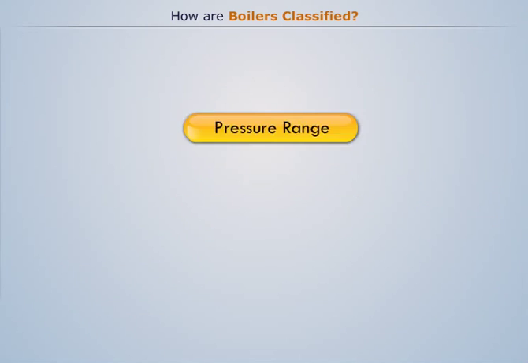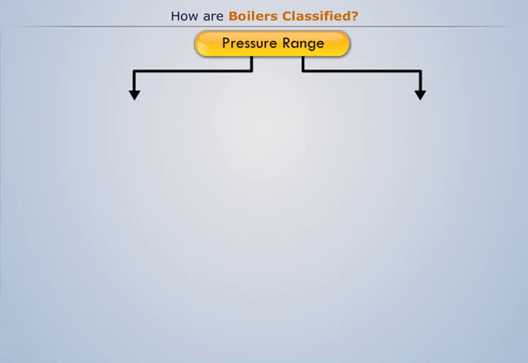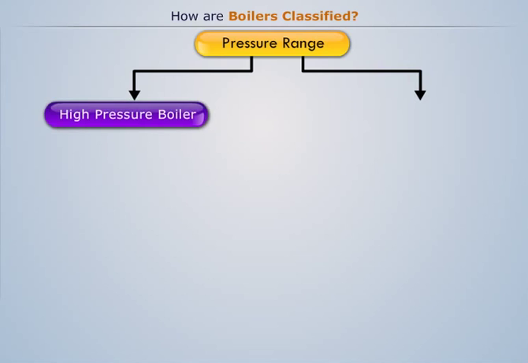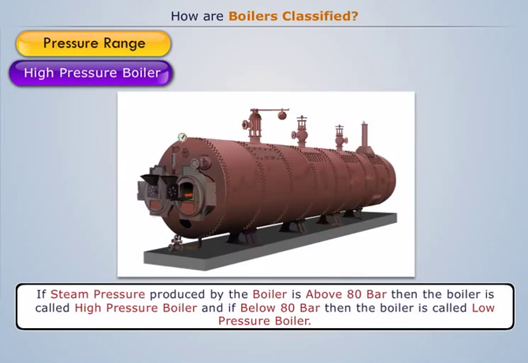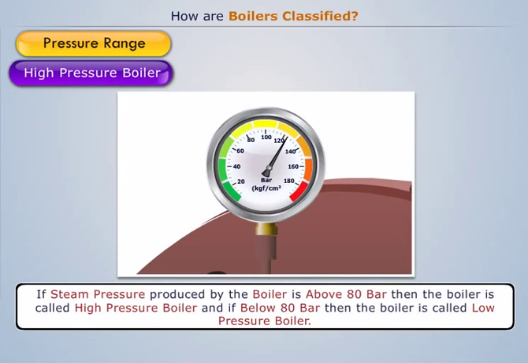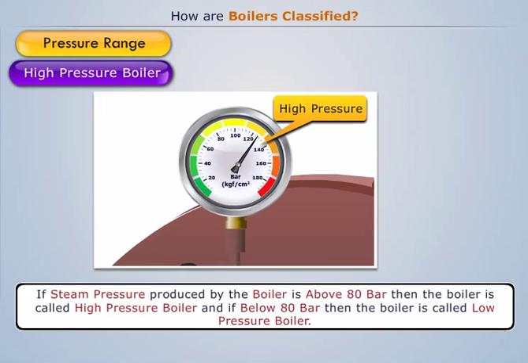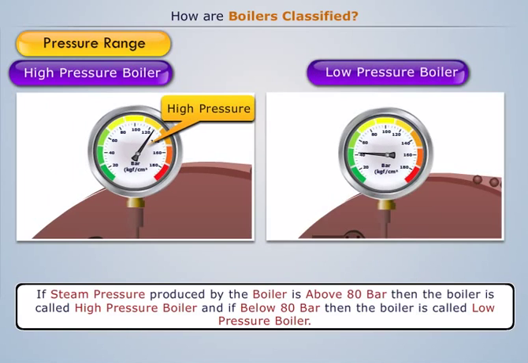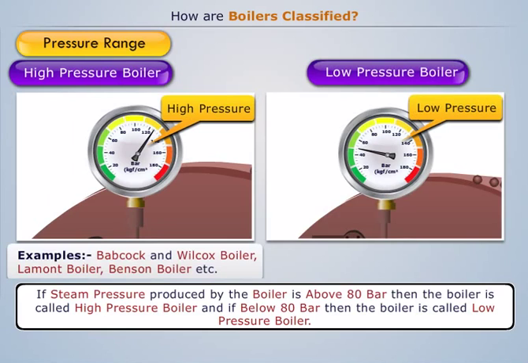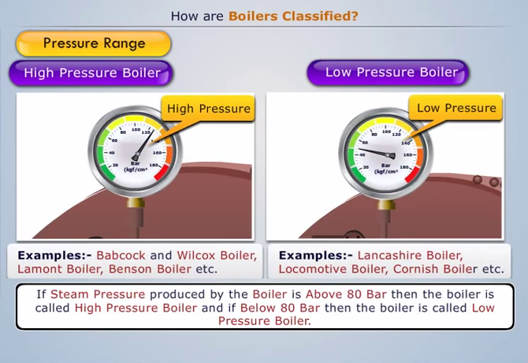Pressure range. On this basis, boilers are classified as high pressure boiler and low pressure boiler. If the steam pressure produced by the boiler is greater than 80 bar, then the boiler is called high pressure boiler. But if the pressure is below 80 bar, then the boiler is called low pressure boiler. Common examples of high and low pressure boilers are